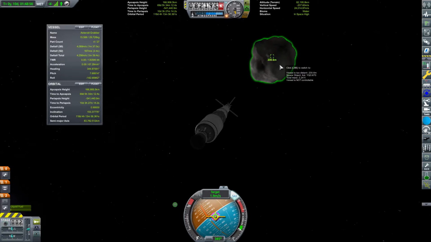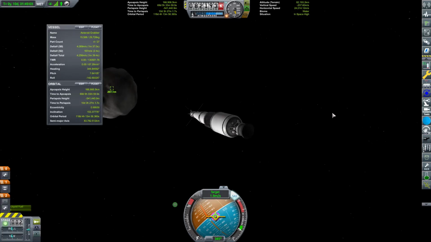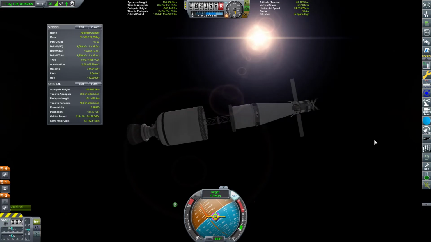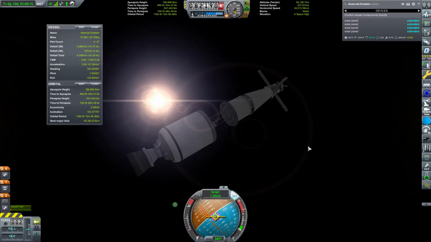So, total mass is 2.241 tons. It's a tiny little asteroid. Tiny thing. But that doesn't matter. Should be okay. I do need to grab it first time, because if it starts spinning out of control, that's going to cause problems. And I'm also going to retract my solar panels. Or I will do once we get...